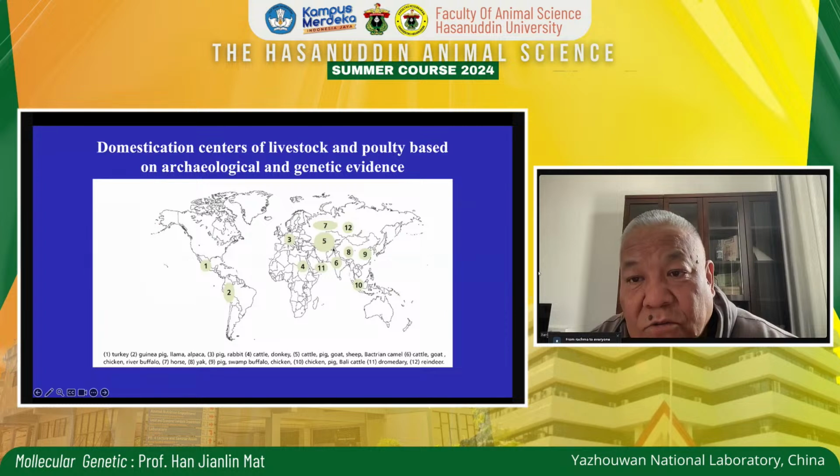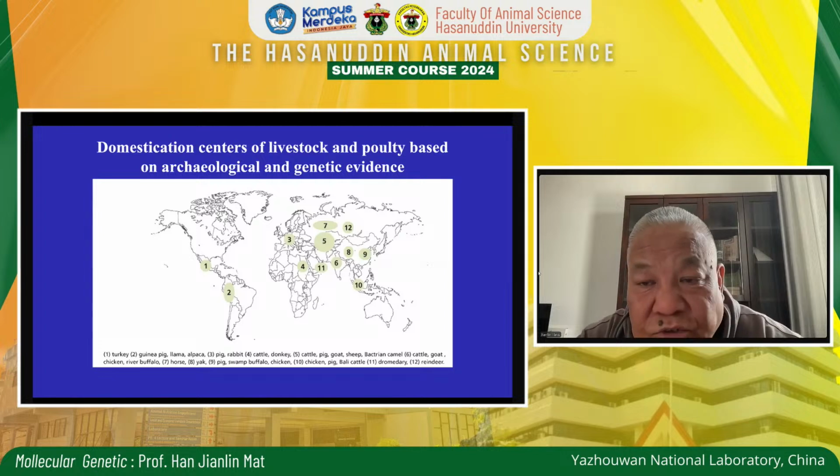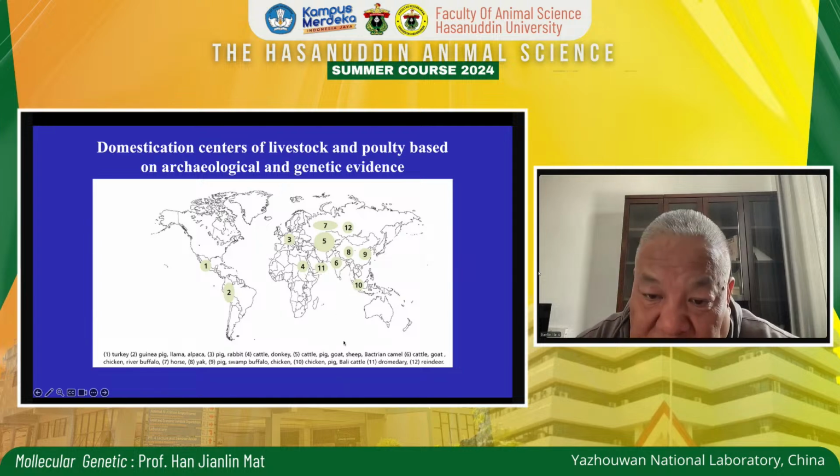We are now able to identify more than 10 centers of livestock domestication. At the beginning, I told you there were only 3-4 centers of domestication based on the archaeological evidence. But today, with the last 30 years of research in genetics, and in particular the genomics work done in the last 10, 15 years, we are able to identify many new centers of domestication linking to particular species like Bali